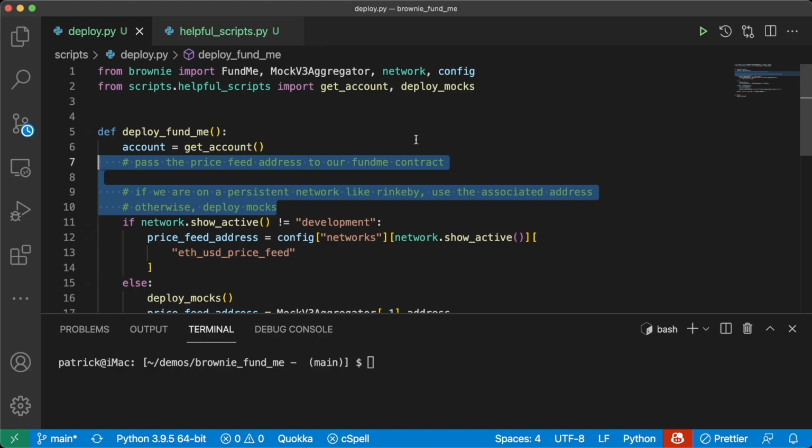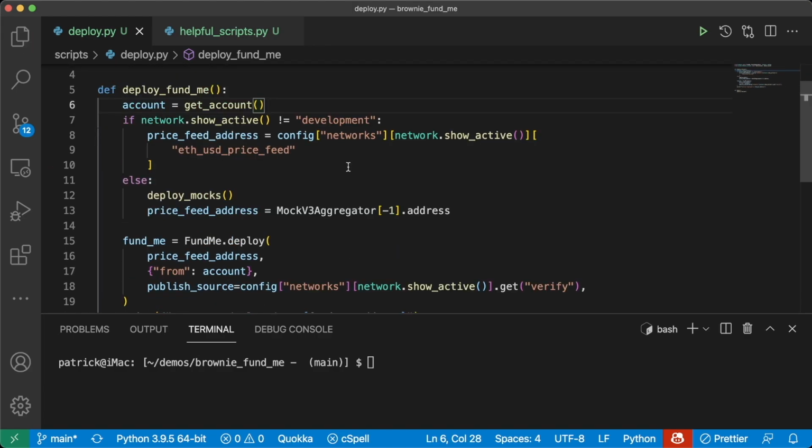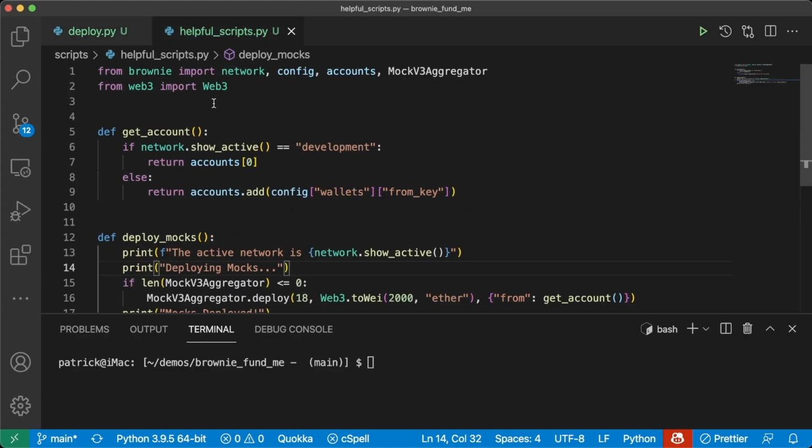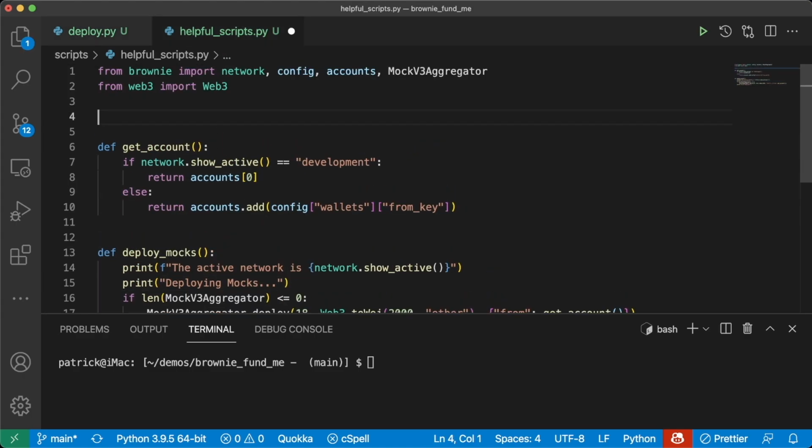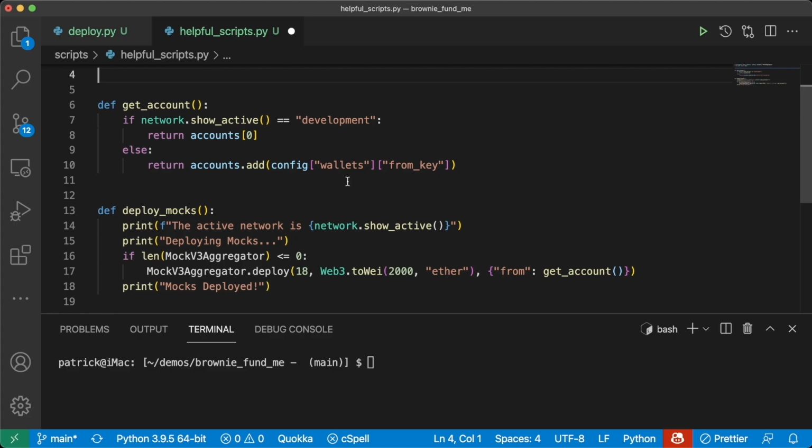Let's remove some of these comments if you'd like. This is starting to look a lot more sophisticated. And this is great because now we have a way to deploy based off if we're on a live chain or a development chain. And then one more thing I like to do so that everything is parameterized, I like